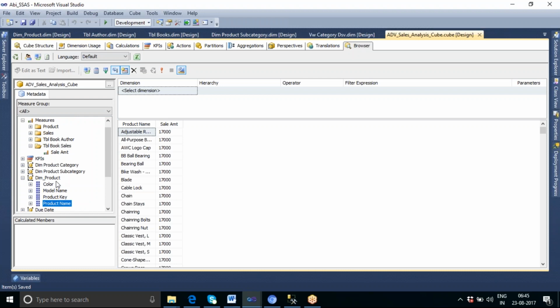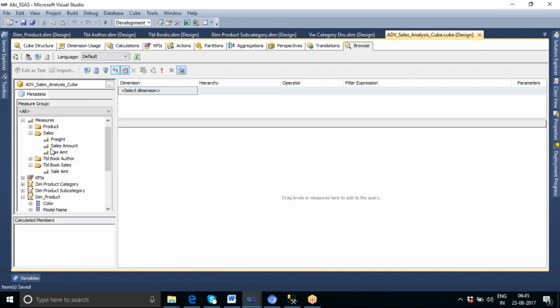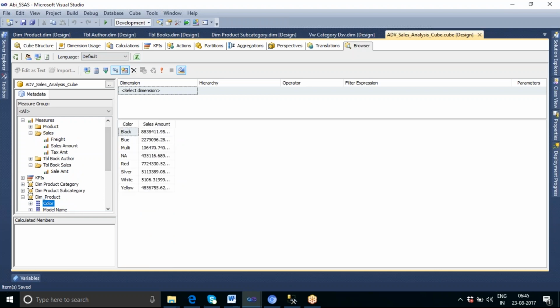And if there is no relationship, then it will show like this. Now this is the book wise sale amount. Now let us go for sales amount. If you just drag and drop it, it is writing the query on behalf of you. It will prepare the list of queries for you based upon the dimensions you have selected. In this dimension, you have selected 4 columns now, so for these 4 columns, it will write a group by query.